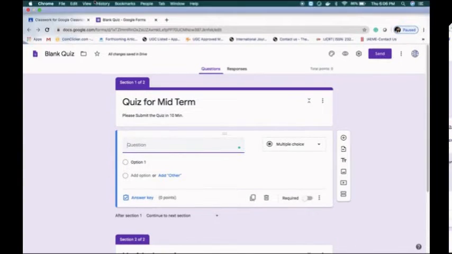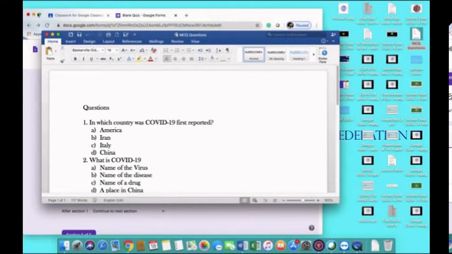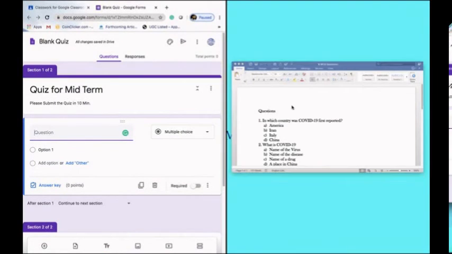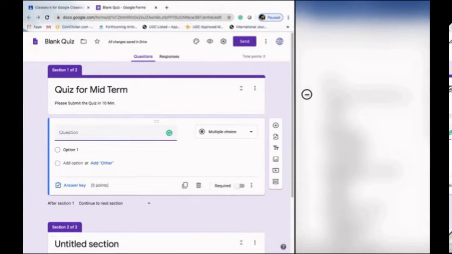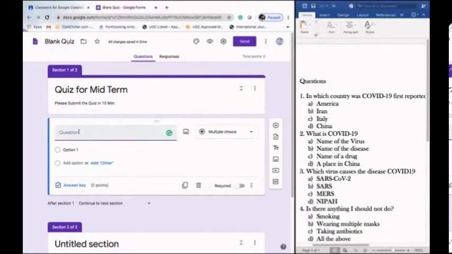For the purpose of this quiz, I have already prepared a certain set of questions which we can use. Okay, here is the set of questions, and let me split my screen here. The first question which I have designed is: in which country was COVID-19 first reported?